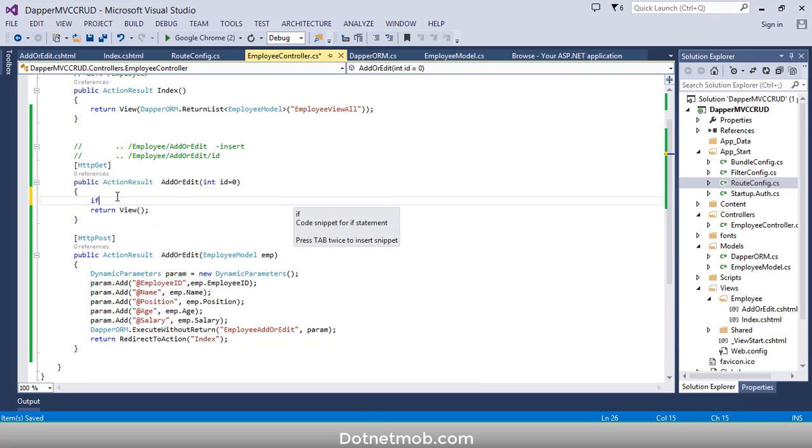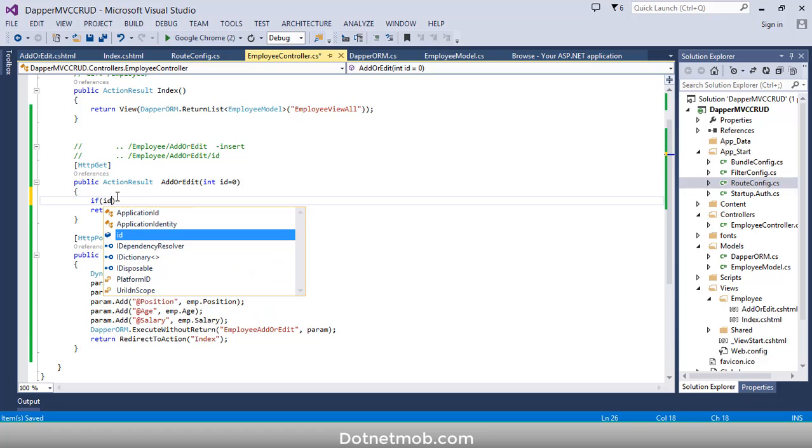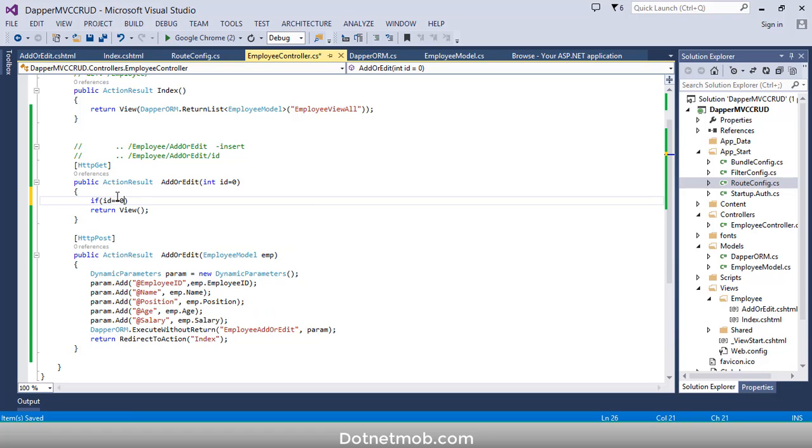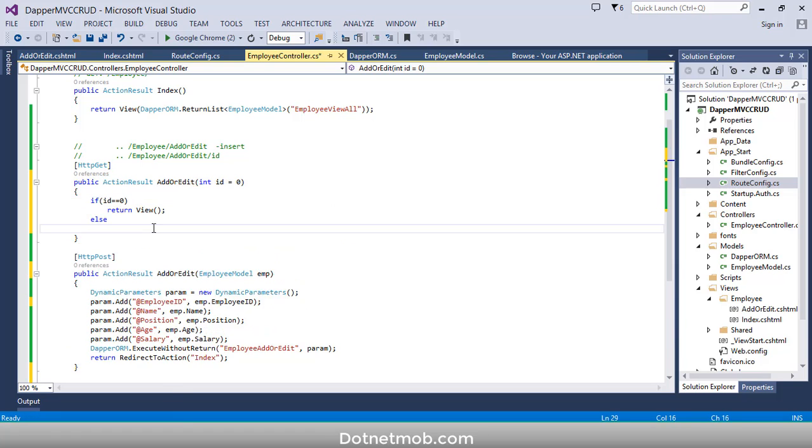If ID is equal to 0, then we will pass it as it is. Else we want to return the view by passing the employee object for this ID. So we can do that here. Dapper ORM dot return list